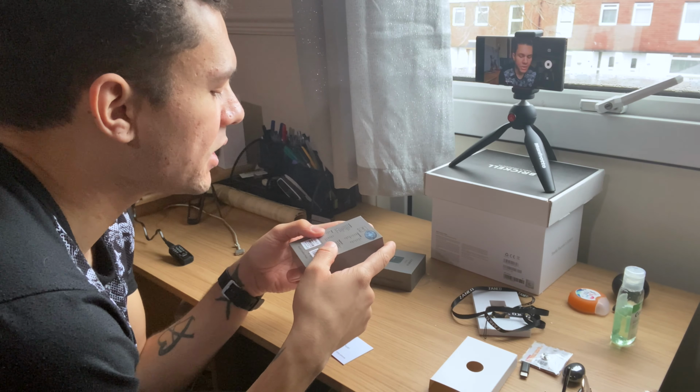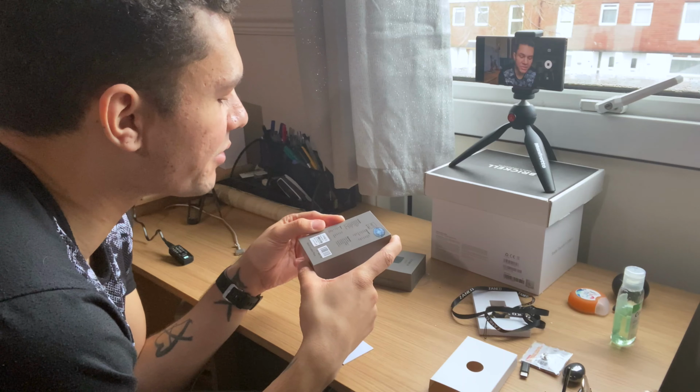Right, so stats. What do we need? Okay. So it's a nano SIM, right? Sync contacts, music. Music? Really? Okay, it says voice changer. Does this have a voice changer built in? That is crazy if it does. I will be prank calling everybody on this if it does. 3 days standby, 3 hours of talk time. Bluetooth 3.0. Stores 300 contacts. Nano SIM, you put that on. So voices, it's got man, woman, child, old, cartoon, young, Optimus, duck, robot, EVA, Wally, rap man and rap woman. I'm gonna have to give that a test and try it out. I will let you know what that's all like. Different languages as well,